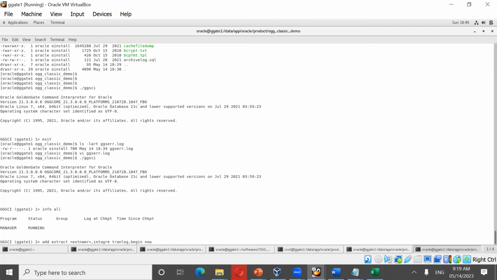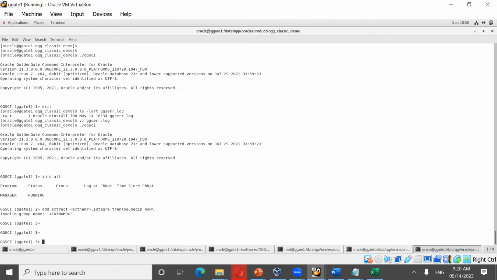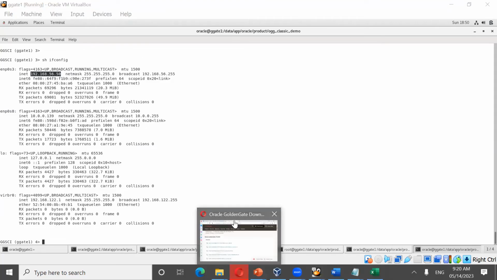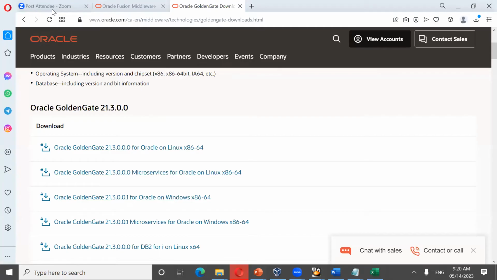Prior to that, you need to do a lot of steps, like preparing the database and logging on to the database, but I'm just letting you know how you add it. But in microservices, because we have microservices as well, I'll show you how you do it. So I'll log into microservices. In classic architecture, everything is done via the command prompt. Now in microservices, what happens is,